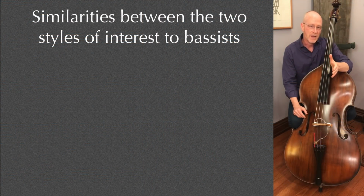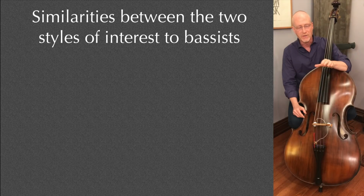Okay, so all silly mashups by fictional composers aside, what are the elements of these two musics, the similarities between